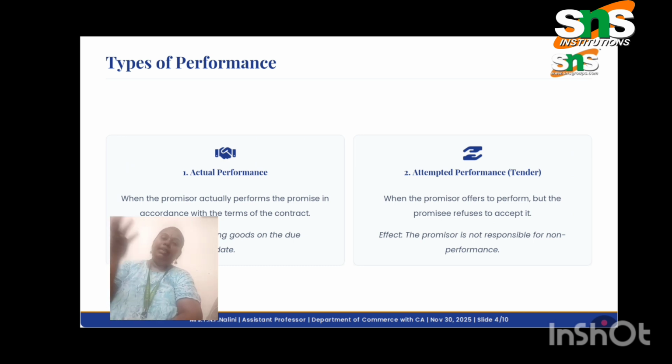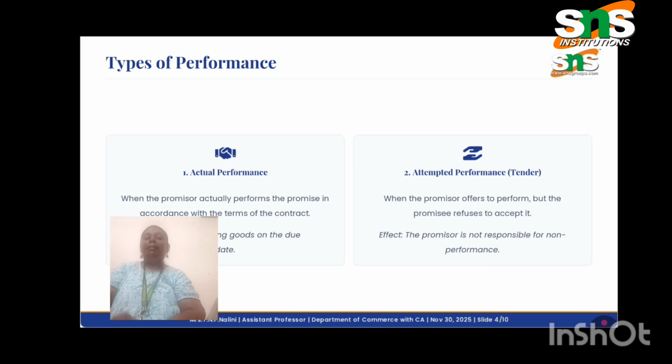The first example: we order a phone through online, we pay the amount, the seller delivers the goods, and the contract gets fully completed. When the promisor actually performs the promise in accordance with the terms of the contract, it is called the actual performance.